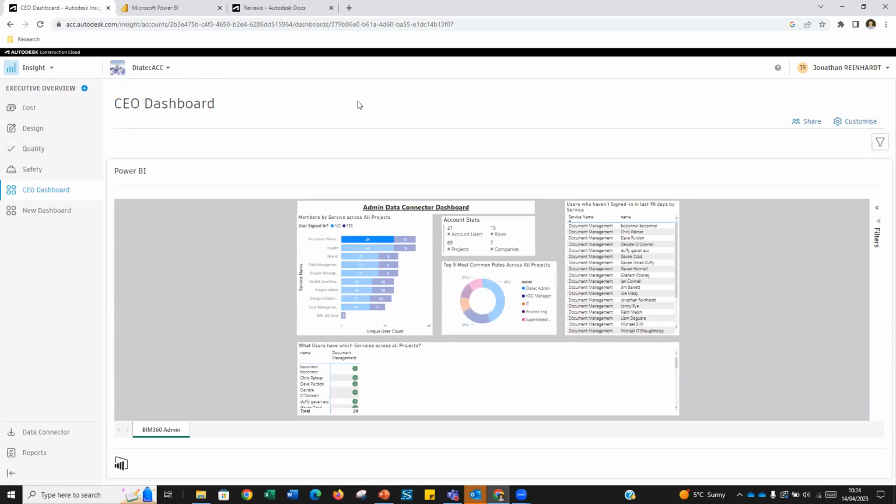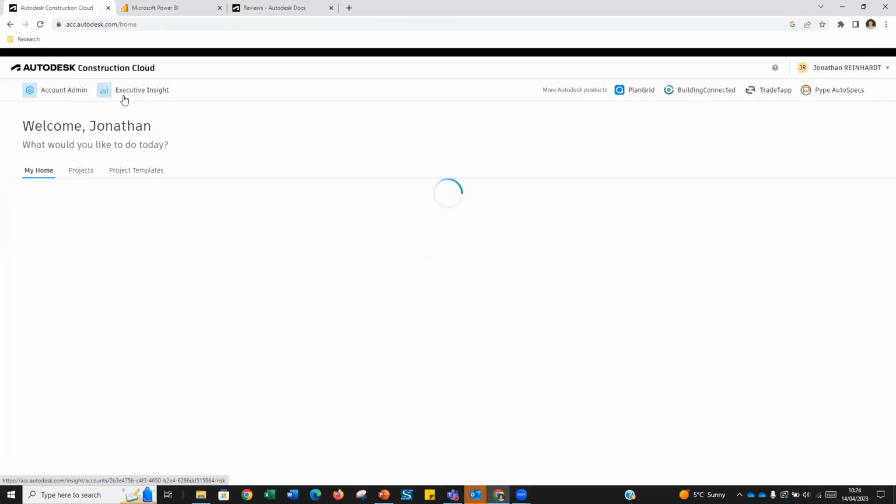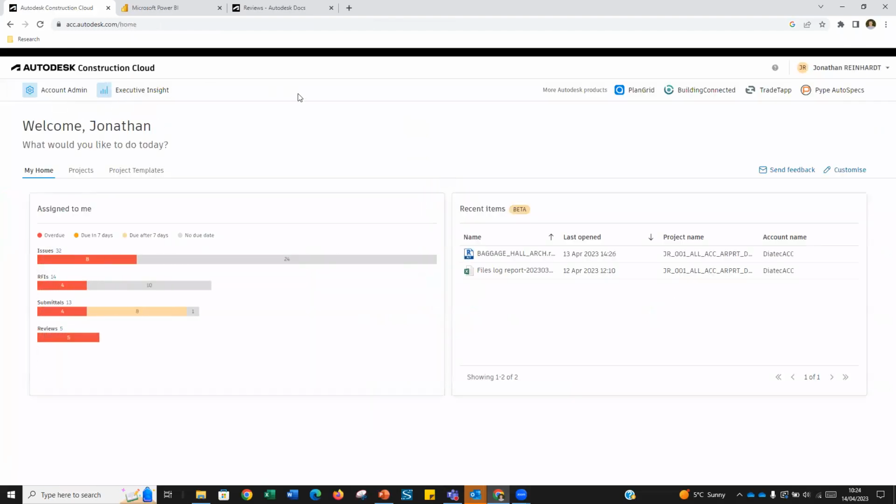So what about looking at that kind of finer level of detail? So, CEO, CFO, project managers, whoever needs to have a dashboard, you can build that in here. So at that finer level, then, when I log in to Autodesk Construction Cloud, what you saw there initially was it showed me my projects that I'm part of. But something they've added or updated recently is My Home. So if I come into My Home, and this is only about a week or two old, I would say,